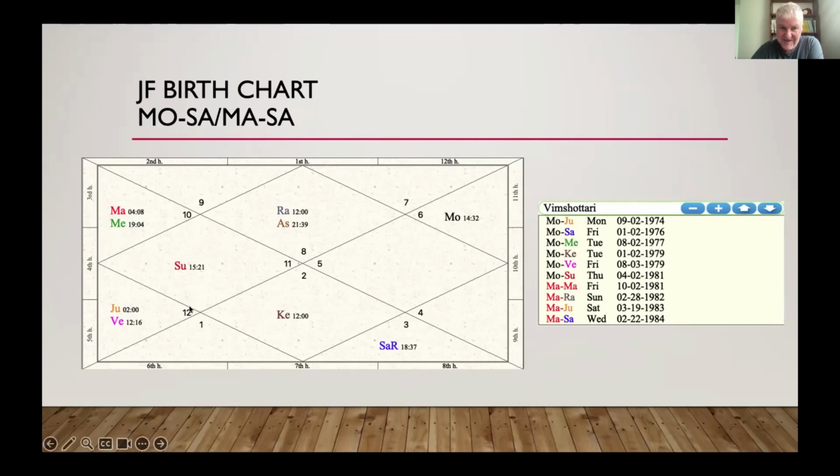So it's still the same picture. I was born during the Moon Jupiter dasha, Moon being the lead singer, Jupiter the backup singer that was closer to the lead. Then in 1976, you can see that the Moon was the leader, but Saturn, who we know has an impact on mobility, or can bring some issues with mobility, is the backup in here.